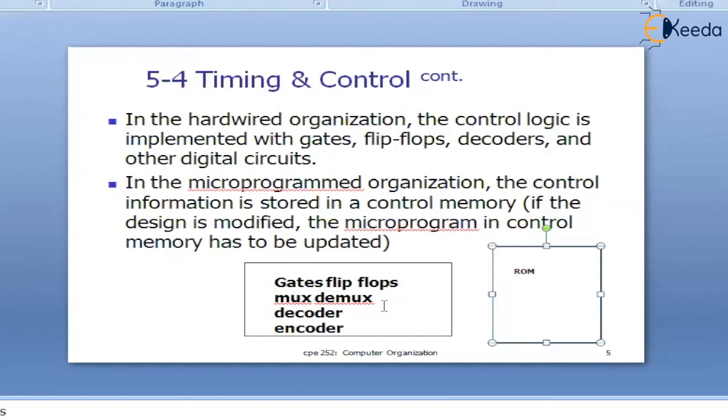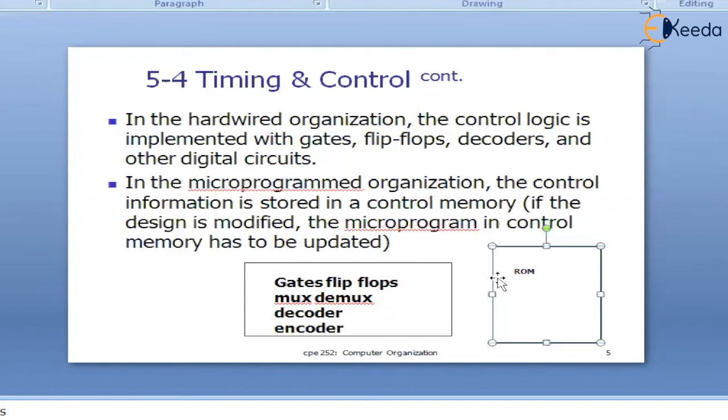So the difference is that the hardwired control unit is faster and the micro-programmed control unit is slower, because the hardwired control unit simply releases the signal by enabling some gates and flip-flops, but here I need to release a control signal by executing a program, rather a routine. Mind you, I cannot use high-level languages to write these control routines. They can only be written using machine language instructions such as zeros and ones. That's it. We'll talk about this later.